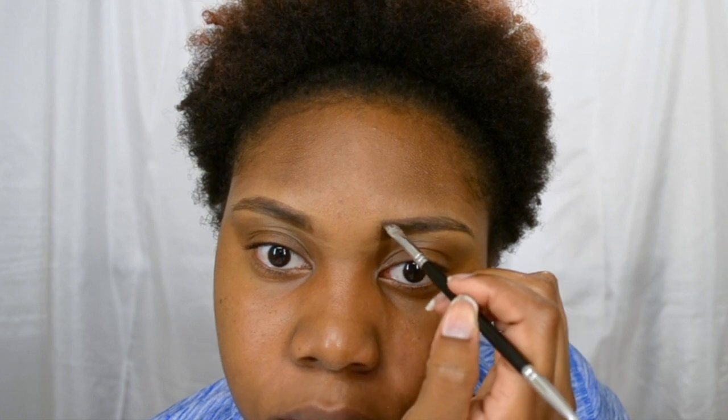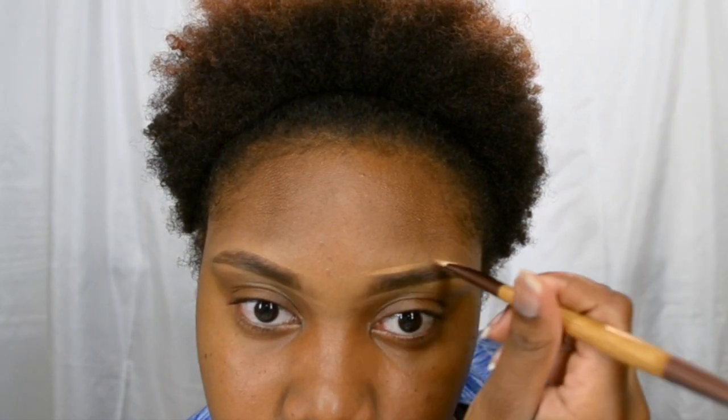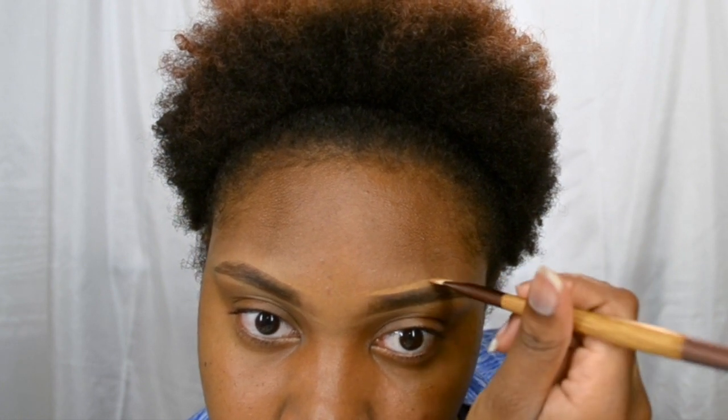Let me see. My brows still don't match. But it's okay because it's trial and error, and I'm not trying to act like I'm an expert, because I know that I'm not. So let me just take this one up some so my brows can match. Okay, I see you, brows. See, this brow I can never get 100% right because it's straighter. This one is more curvy, but I guess I can try and make it straight. But anywho,